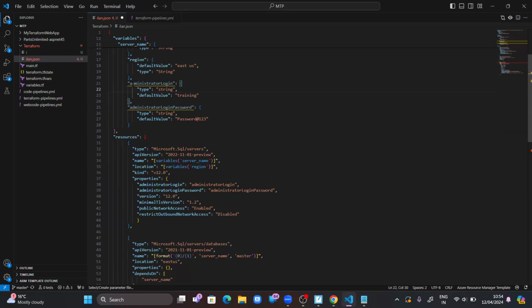It's again showing that you have not declared the value here. See, the variable administrative login is never used. If you don't use it, it will give a yellow line. If you have given it wrong, it will give a red line. So I have not declared it yet. So if I add this here,